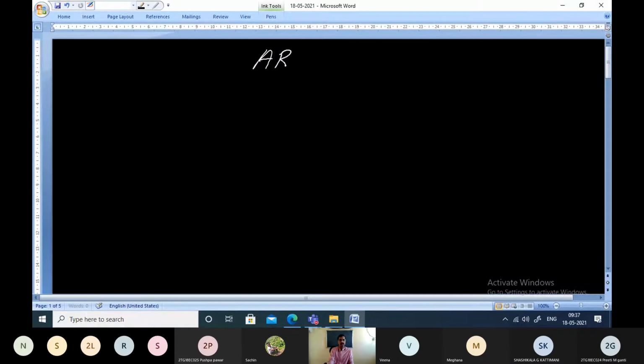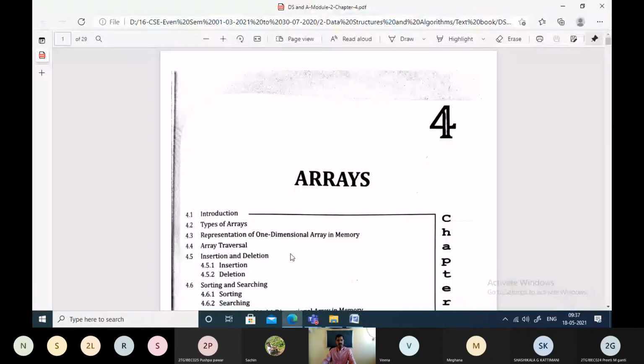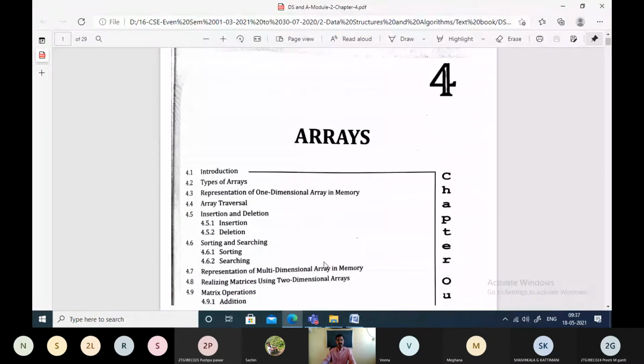So I'll take the help of a diagram for explanation purposes. Now we are talking about arrays. One second, I'll just open the PDF. I hope you can see this.